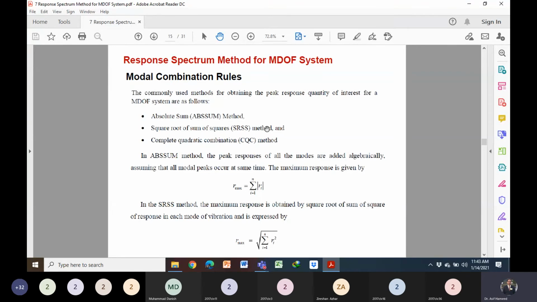ठीक सर. Velocity को नहीं combine करना, same response को combine करना आपने. हर मोड में आपने रिस्पॉन्स सेपरेटली कैलकुलेट करना है और फिर आपने कंबाइन करना है बाय यूजिंग द मॉडल कॉम्बिनेशन रूल्स. बात क्लियर हुई आपकी? यस सर. वेलोसिटी के साथ, एक्सेलरेशन के साथ, डिस्प्लेसमेंट का कोई डायरेक्ट रिलेशनशिप नहीं है, तो इसको किस तरह ऐड कर सकते हैं? सेम क्वांटिटी को ऐड करेंगे ना. So we will calculate the response in each mode separately, and then we can combine the same response in different modes by using the modal combination rules.